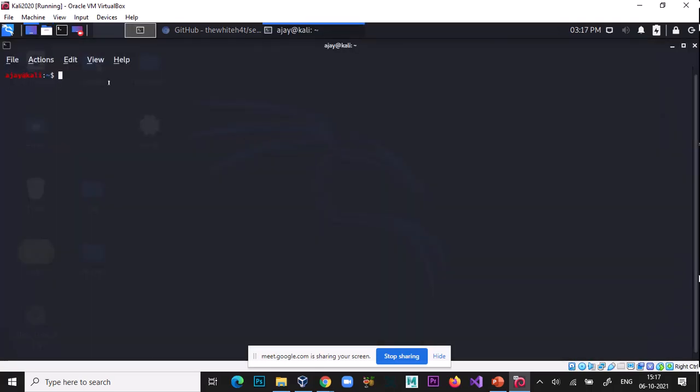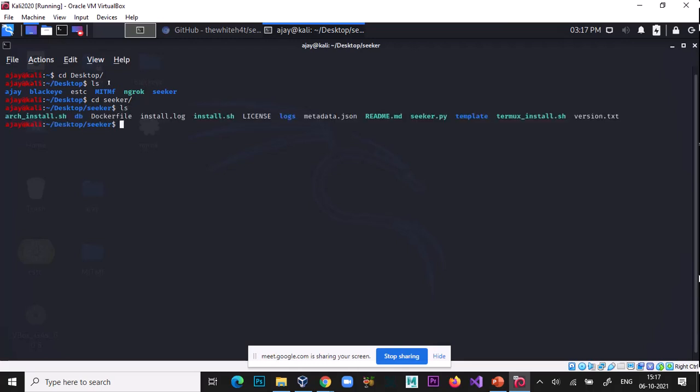Click on terminal, cd desktop, type ls, type cd seeker. Okay, ls.